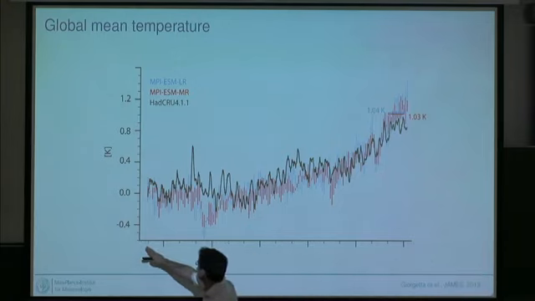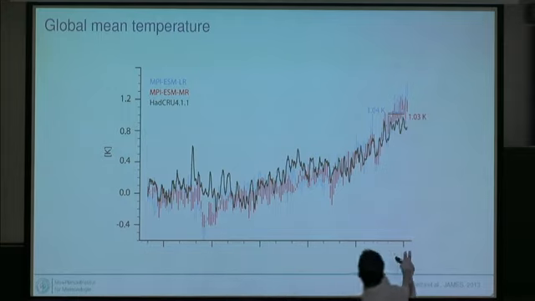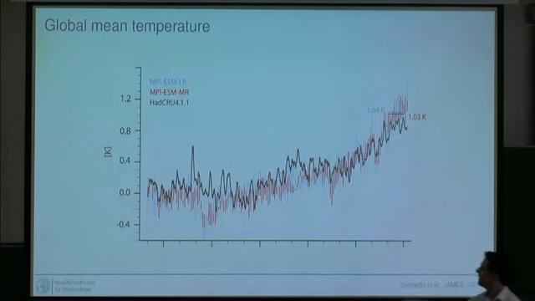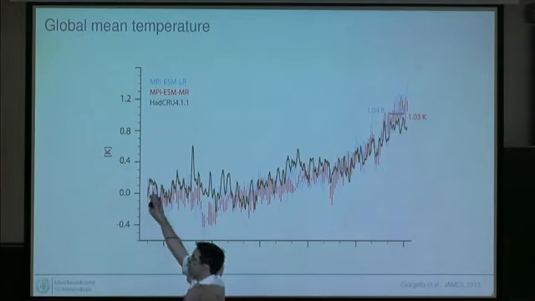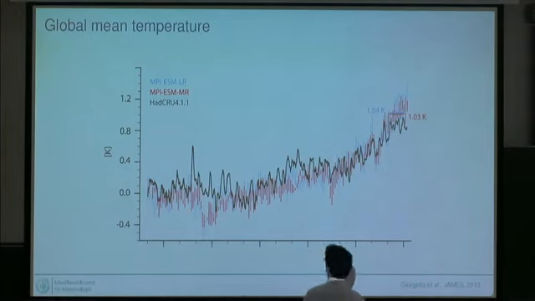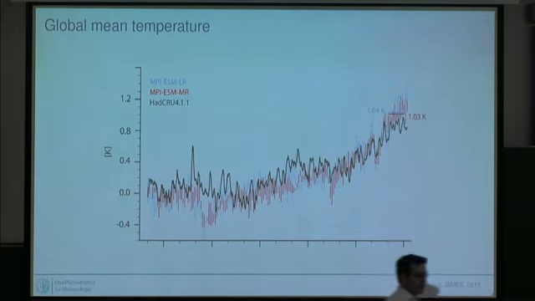Here, some fell off this graph. It's from 1860 until roughly today, where the black line is observed temperature, and the red and the blue lines are from a low resolution and a higher resolution version of our model. And the thing we usually tune when it comes to the global mean temperature is the pre-industrial global mean temperature. So we tune these numbers to be at the same level back there. But we don't tune, well, we didn't tune for these graphs here the way in which this evolved throughout the 20th century.